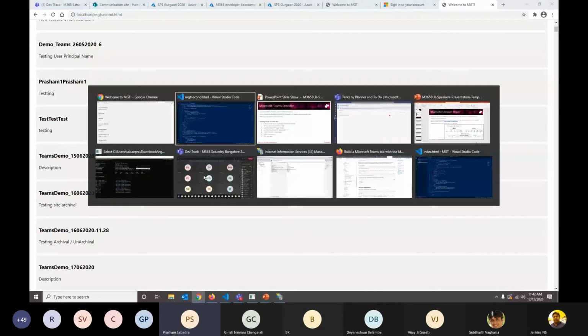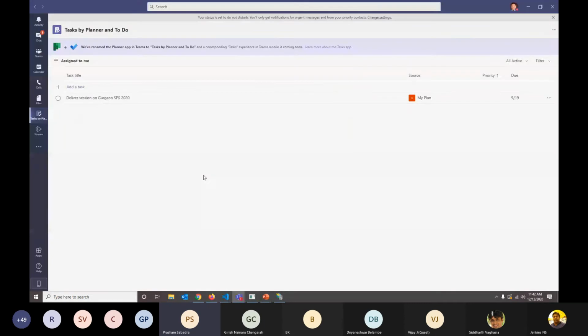Similarly, when I go to the Teams client, the Teams provider takes care of everything: the current logged in user, getting the access token, performing the authentication, and enabling access to use the Graph APIs to get either my tasks or my joined teams, and so on.